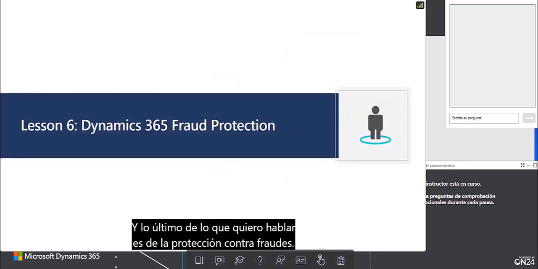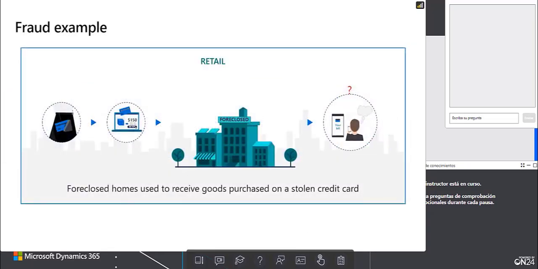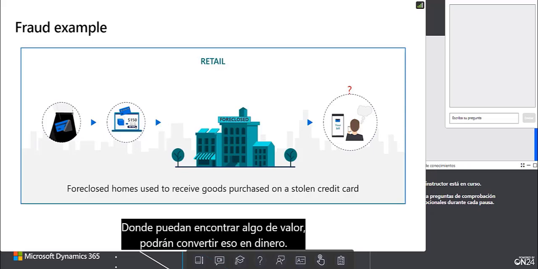And the last thing I want to talk about is fraud protection. Oftentimes, fraud protection products silo the problem. Fraudsters don't care about silos. Where they can find anything of value, they can turn it into money. Obviously, stealing physical goods in a creative way, whether they're shipping goods to foreclosed homes, but they're also shifting